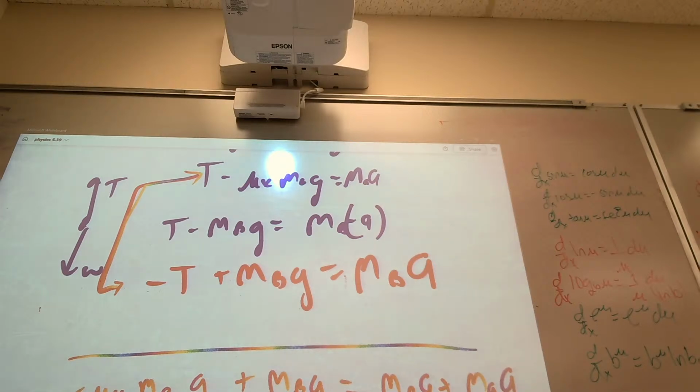We added, this is what this is equal to, that's the same thing as that too. And the same force. So then we changed all these signs to get rid of this t. We add this equation and this one, and we have this equal to